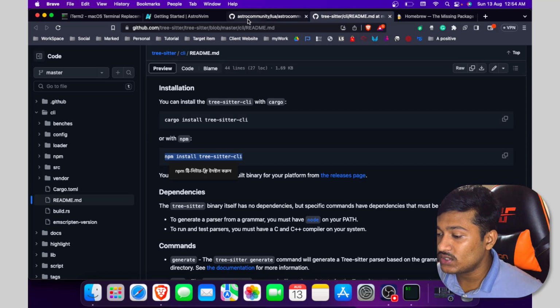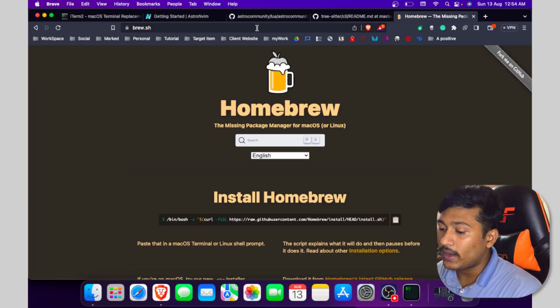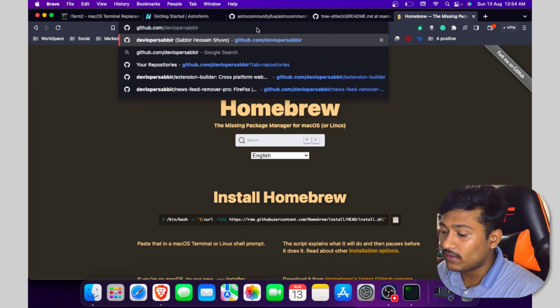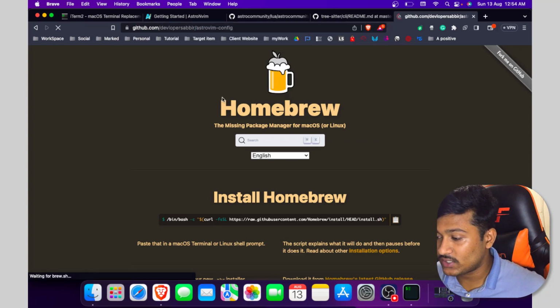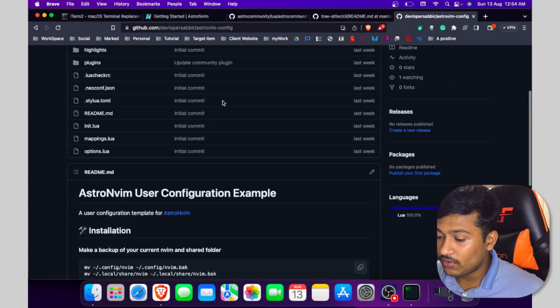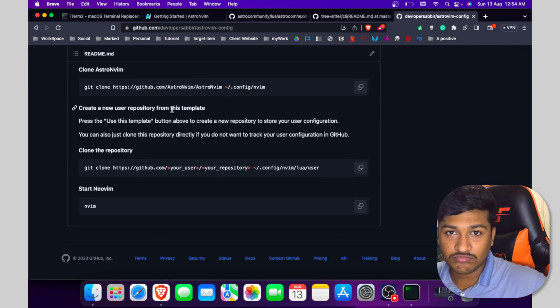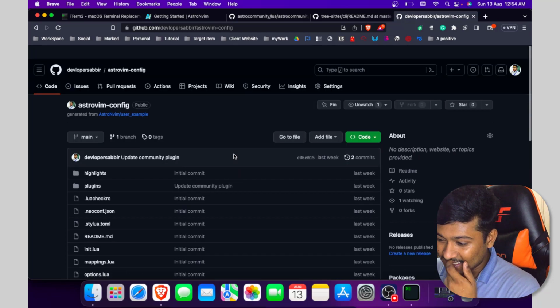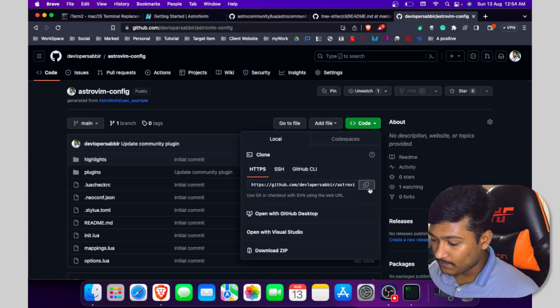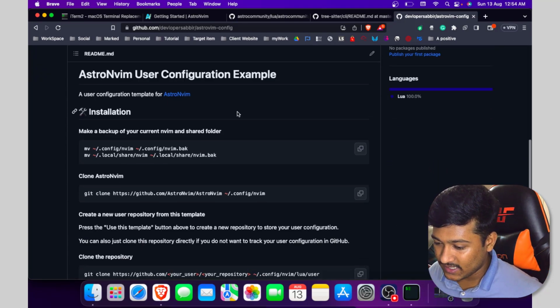To install this one, you can go to my GitHub profile and find Astro config. Yeah, AstroBeam config. Just scroll down and you will get the documentation or recommendation on how you can use this. You can just clone this one as I said, for example, just git clone.